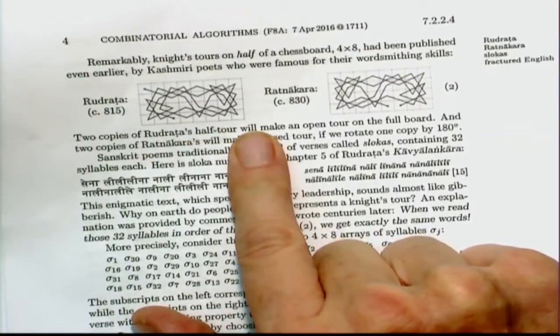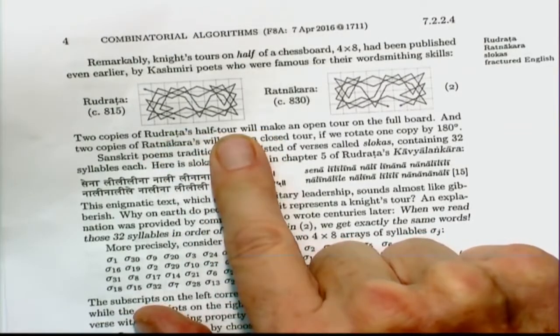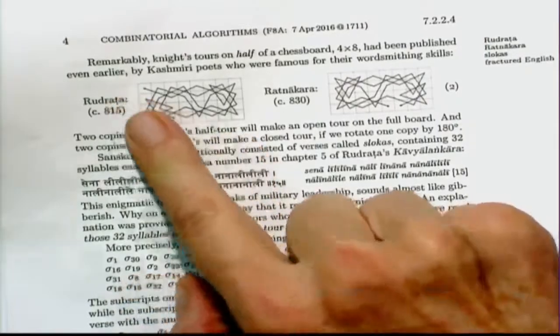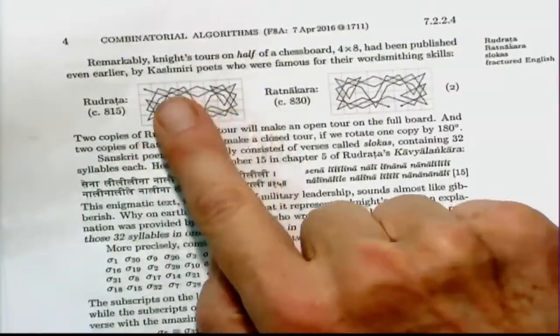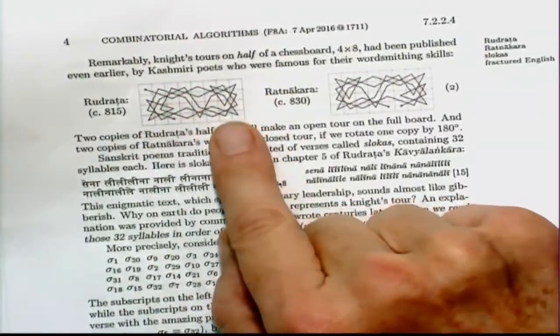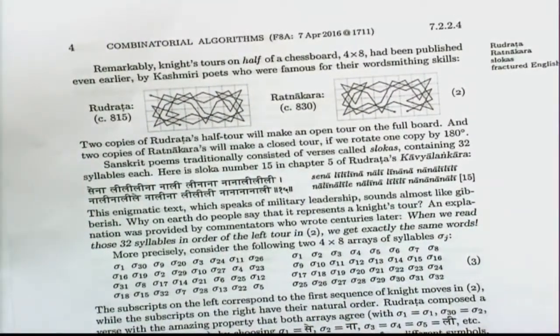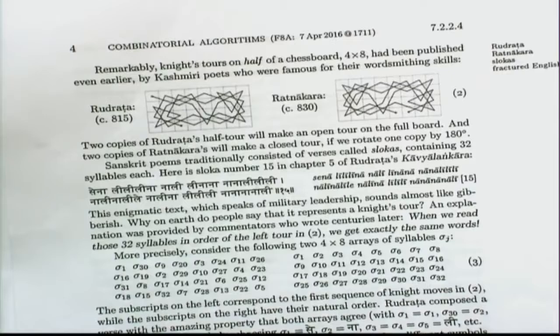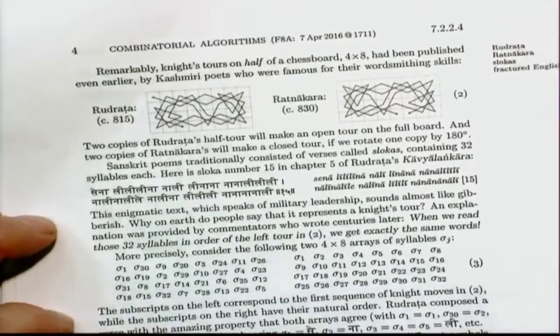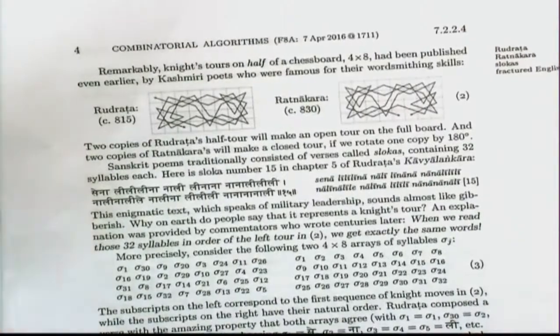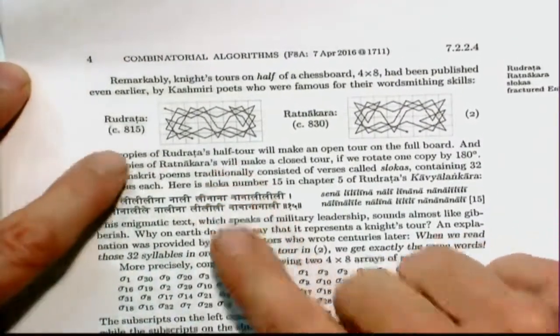Now, on a 4x8 you can't make a closed tour. Every Hamiltonian path on a 4x8, it's not too hard to show, starts and ends at either the top row or the bottom row, but never in the middle. So you can't have a closed tour. If you could, you would have something that starts at top or bottom, but then the last move would have to be in the middle. But that would give you a path, if you took it backwards, that doesn't exist. So anyway, this is the earliest known, and it's due to